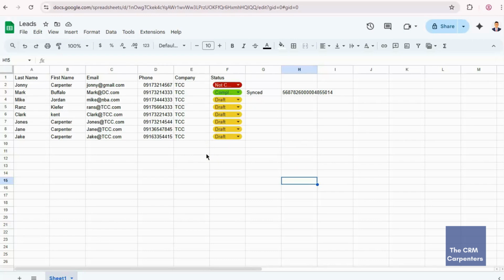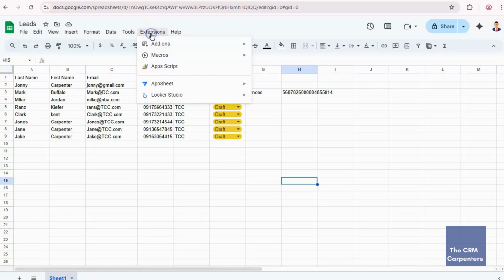In today's video, I will teach you how you can push a raw record or raw data from your Google Sheet to be created as a new lead record in your Zoho CRM data. To make it possible, what you'll be needing is to create an extension via an app script.